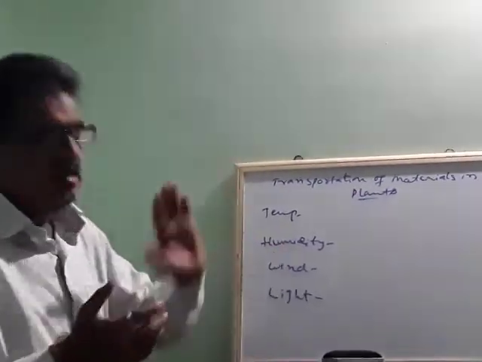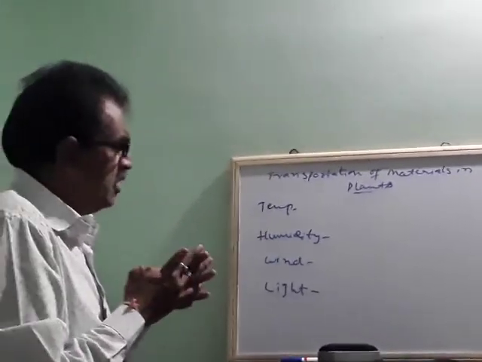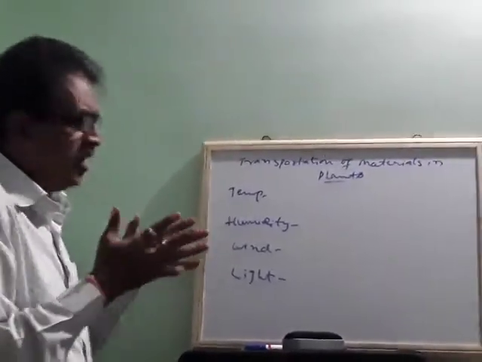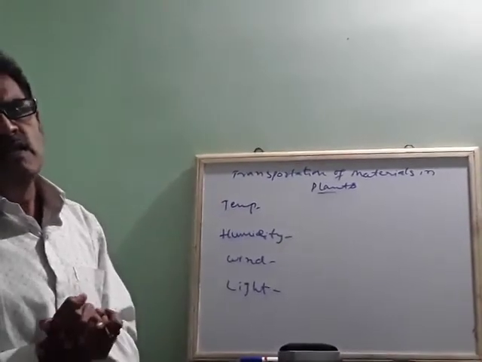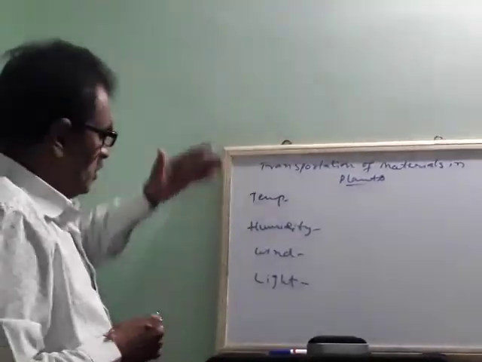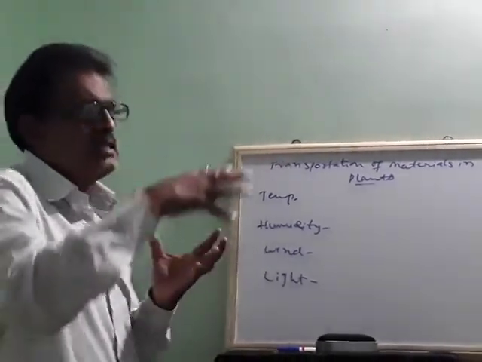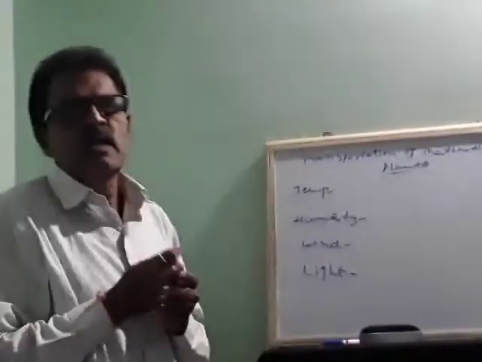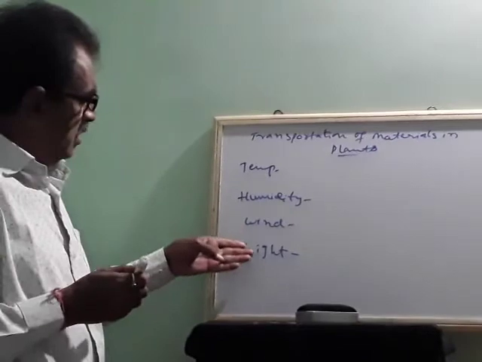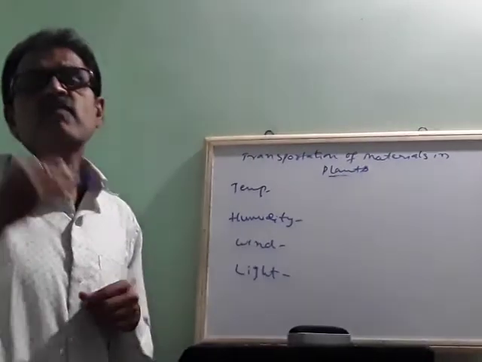Then when we come to wind, the more the wind, the more the leaves of the plants are moving here and there. So whenever there is high speed of wind, there is more transpiration, and this leads to more water lost through the leaves. Okay. Now light, light very well. If there is more light, heavy sunlight, there is more evaporation. That also leads to what? Loss of water from the leaves. So these are the factors which affect the rate of transpiration.